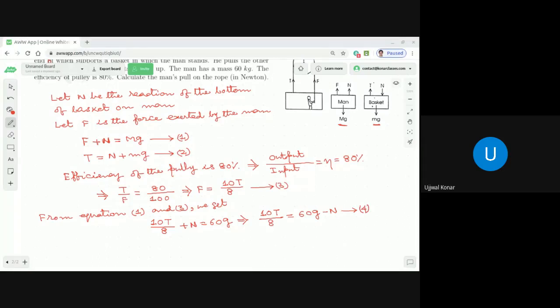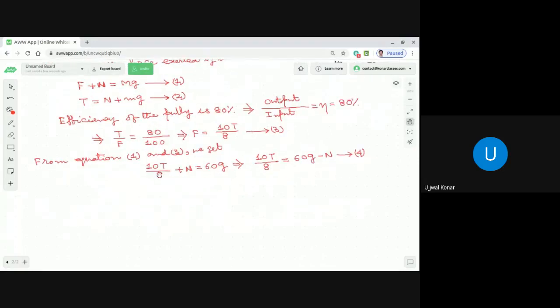Now let's look into equation number 2 and 4. In equation number 2, it is written as T is equal to N plus mg. And in equation number 4, we found that 10 by 8 into T is equal to 60G minus N. So what we are going to do here, let's add them so that N gets cancelled. From equation 2 and 4, we get,